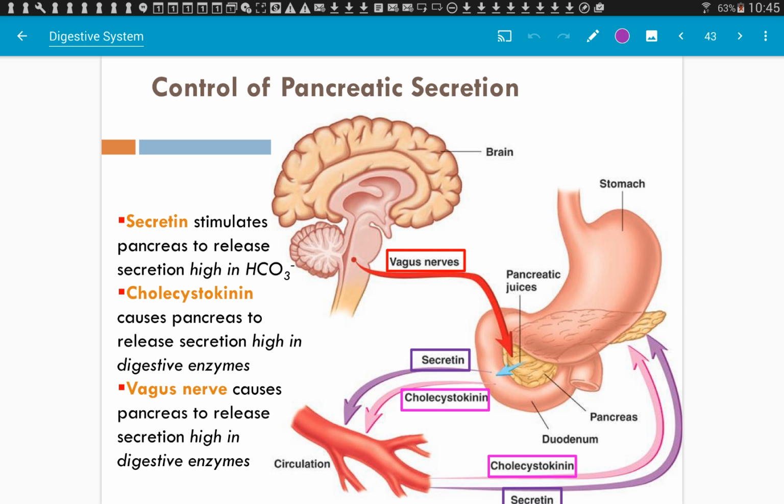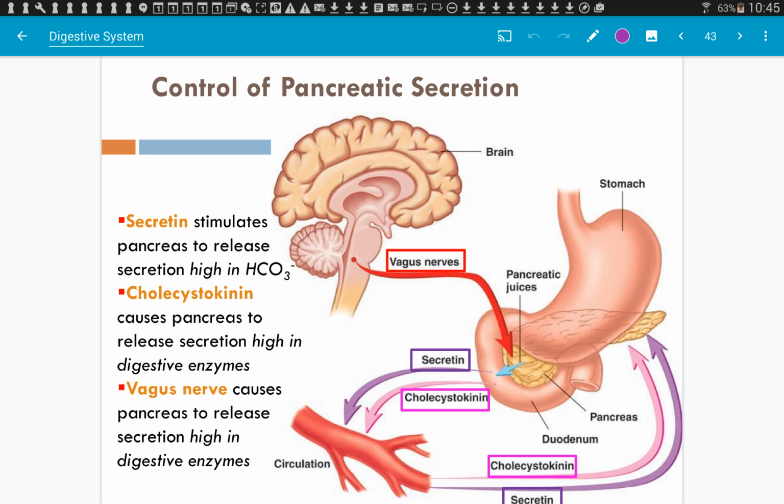So, hint for studying. These slides where they're talking about the control of secretions are good ones to study, good ones to quiz each other on, like, okay, this happens, what's next? Okay, so when secretin is released, what happens? Or when gastrin is released, what happens? We want to know the potential effects of all of those hormones. So this is why I think making a table of each hormone and its functions, what stimulates it, and what action it has would be really helpful.